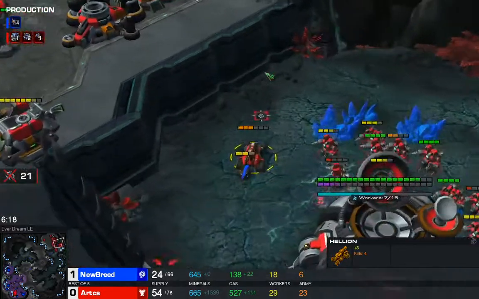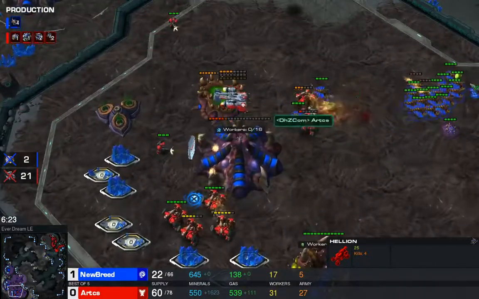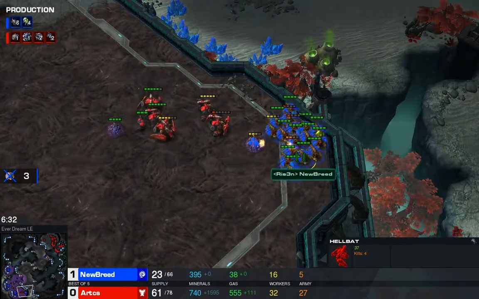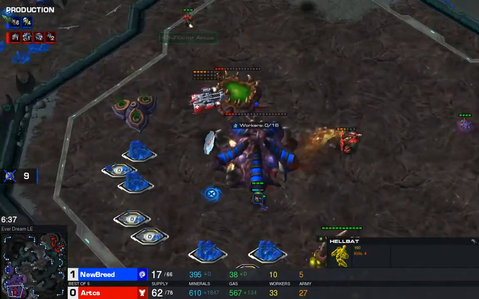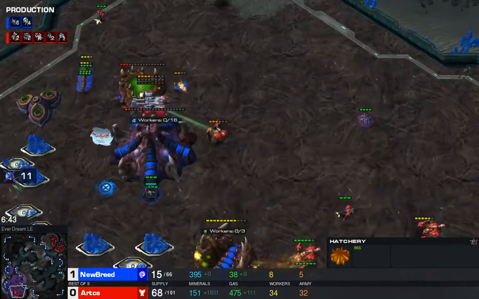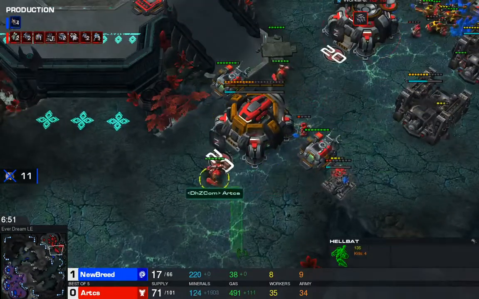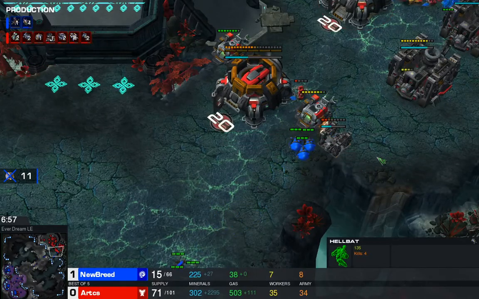There's still some damage going down in the background here, but Art has stabilized, and New Breed has not, and that's what it comes down to here. This Liberator here, just sitting here, making sure that no larvae are ever available. As he's still got some units across the map, and you gotta applaud staying in it to fight into the last. But once this push kind of peters out,